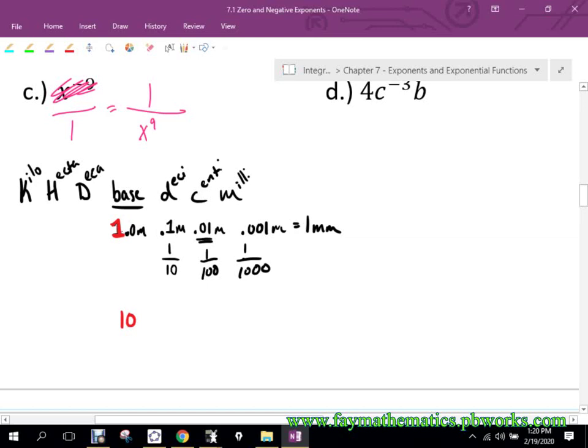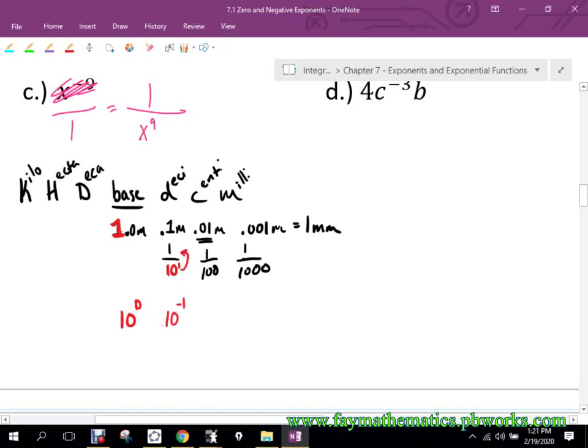1. If I raise that to the first, so remember what this means, I'm going to take 10 and multiply it by itself 1 time, and that should give me 10, right? What was the first thing we wrote in our notes? 10 to the what will give me 1? 10 to the 0. Okay? 10 to the 0 equals 1, right? Now, 1/10, what is that denominator right there? What is the power of that 10 right there in that denominator? 1. If I move it to the top,